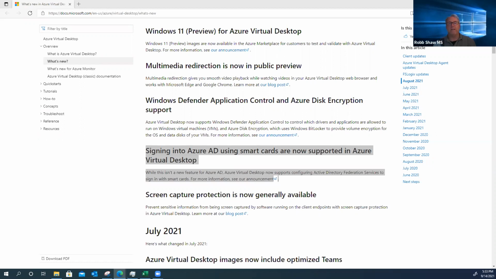So what we ran into is, especially again, the federal space probably pushes this more than anything. Being able to support those CAC cards at authentication, and that's handled via a KDC proxy that handles that token on behalf and presents it. That initially was what we saw as a workaround. Now the AVD product team has fully vetted and documented that process.